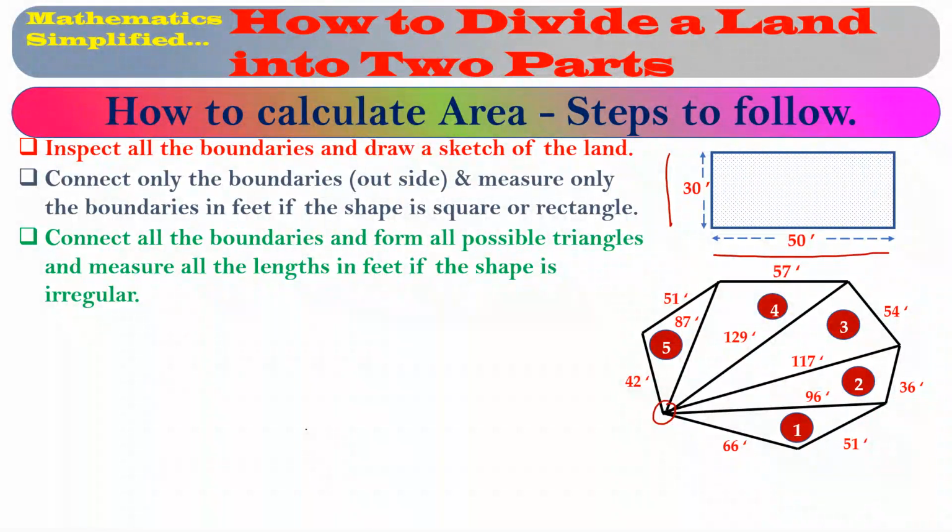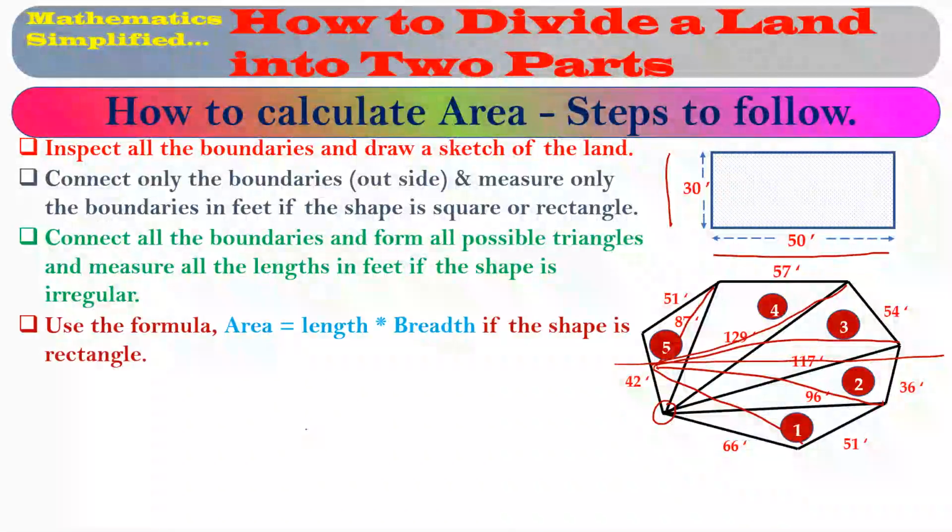Sometimes we may need to divide the land into this kind of shape. We need to divide one top and one bottom, this type. This kind of thing we need to measure from here. From here we need to draw all the triangles. One line is this, the next maybe this, and the next maybe this. Then we can divide. From here we need to connect, and one more will come like this. This is very important.